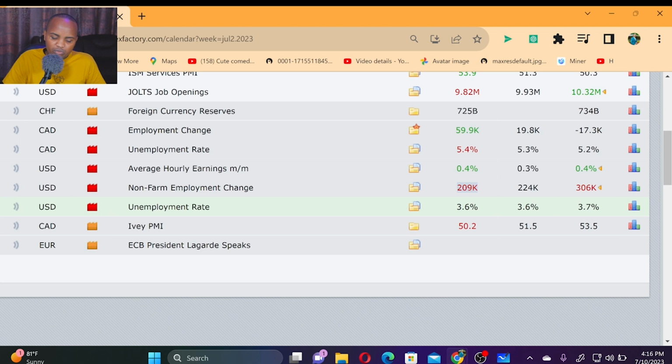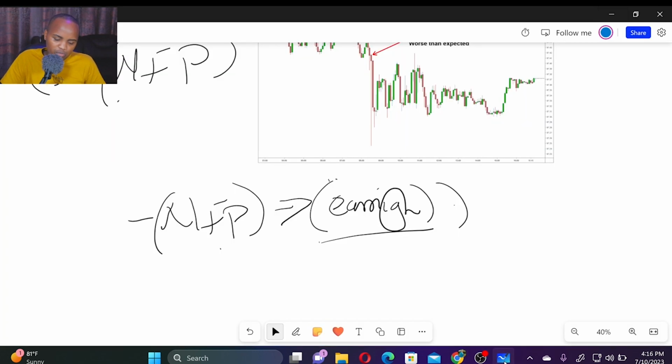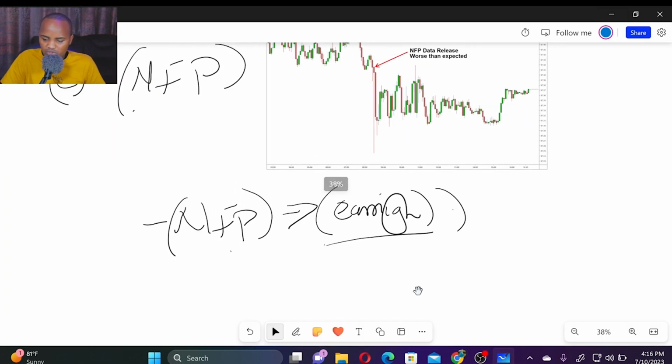Although it's not accurate, that is what was expected, and it printed 209, which was far from the 224 prediction. But after all, you expected low NFP, okay? So that is something you can see. Those are the economic indicators that you can use, and how they can move the market. Now,